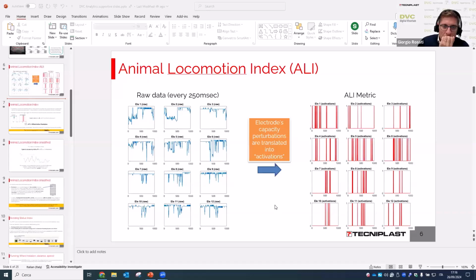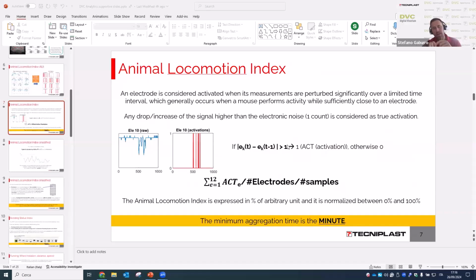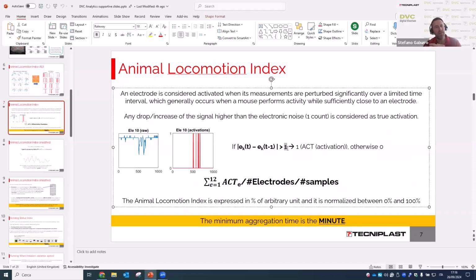for how the system works, we generate small microelectromagnetic fields at 250 milliseconds. If there is a drop in the signal, it's essentially a count, and then we sum up the number of counts for the 12 electrodes, time point by time point. We then apply a threshold, and if it is above a certain noise level, you get the percentage activation. What we do with the animal locomotion index is a rolling average of 4 samples